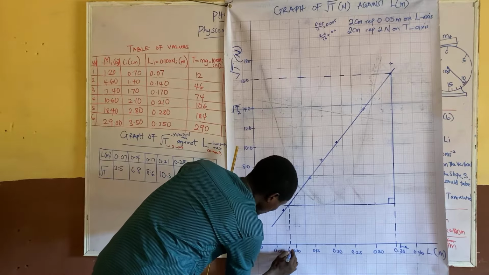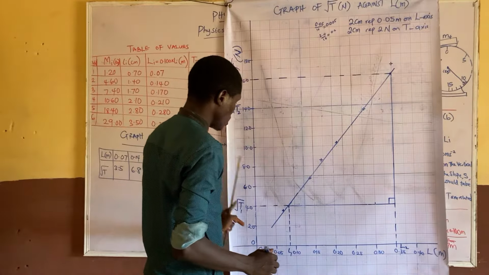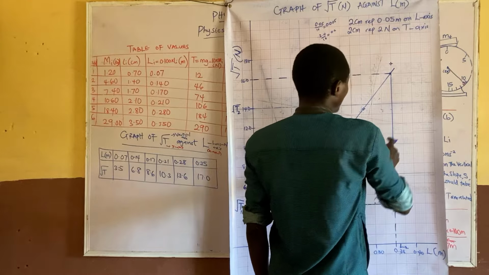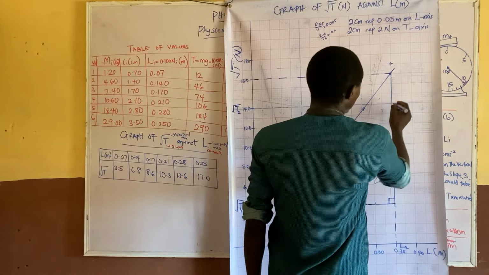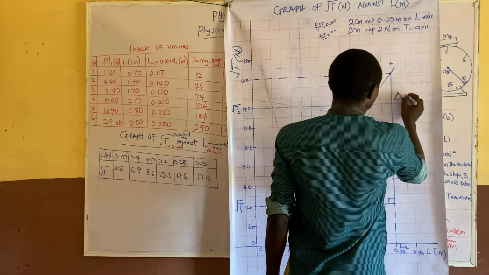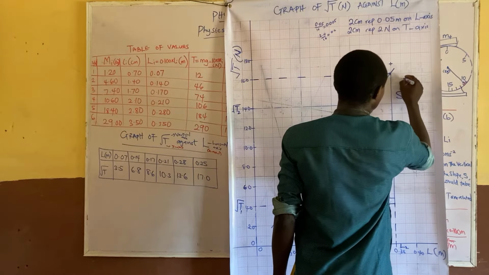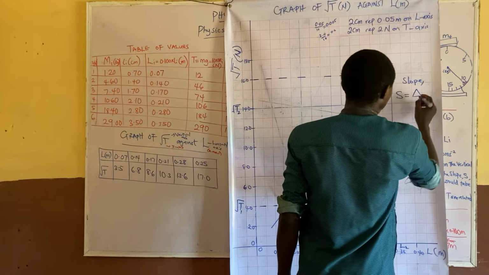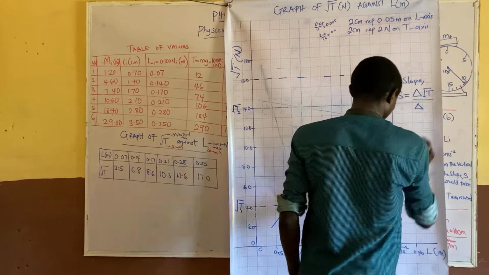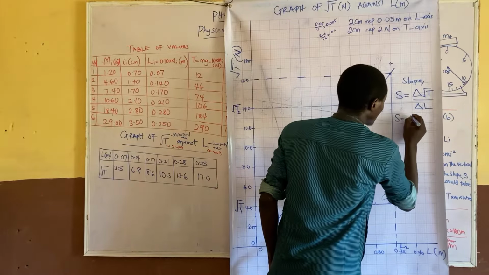L1. So what do I mean by that? Choose your point: root T2, root T1, L1, and L2. So our slope S, that is change in x. Our slope is equal to change in root T over change in L. So we have S is equal to